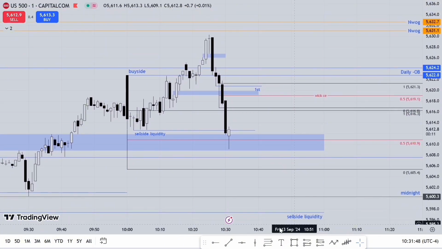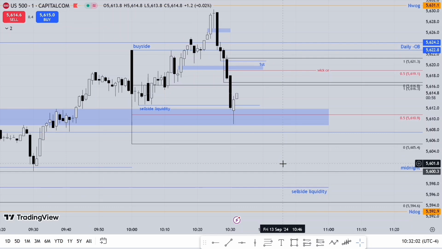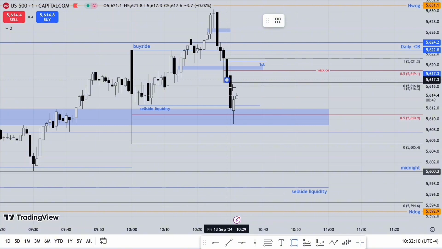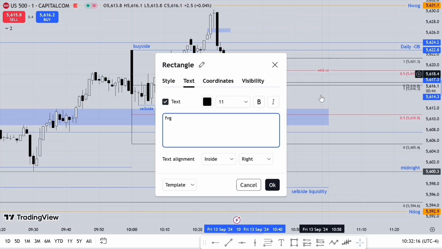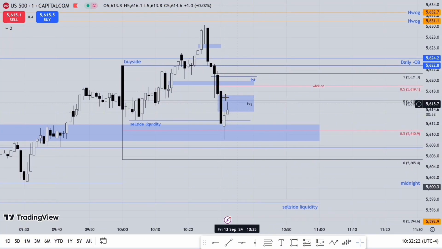So it would likely not come to this sell side liquidity, but you do not need price to go to your join liquidity for you to be profitable. When you have outlined that this is a high probability, low resistance liquidity signature, you do not expect to see price come to your lows, to your join liquidity every single time for you to be profitable. So you need to understand when to be nimble in price. You need to understand when to take your portion off and go.